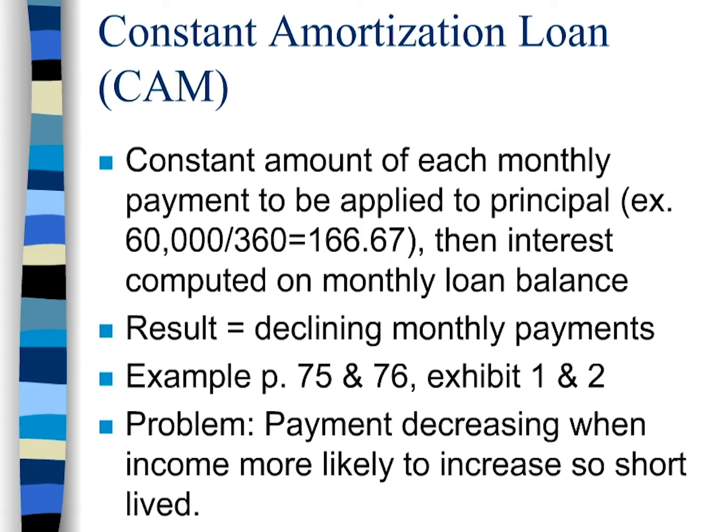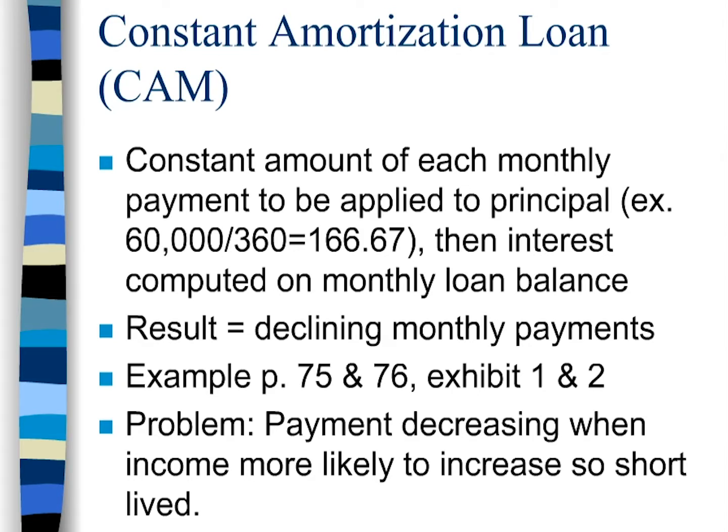But when you look at those, you'll see. So, for example, in the beginning, there's a $60,000 loan, 12% interest, so it's 1% monthly. It's 12% compounded monthly, so 1% a month. So the interest, when we first take out that loan, that very first month is $600. And then the constant amortization, $166.67, so the monthly payment at the end of the first month is